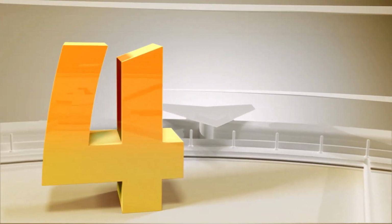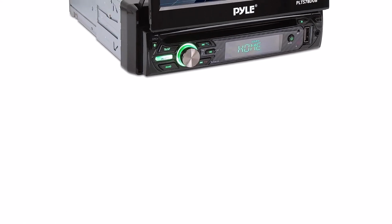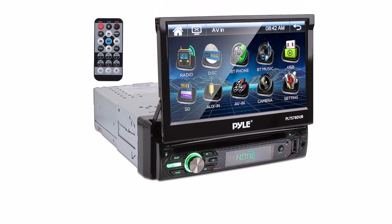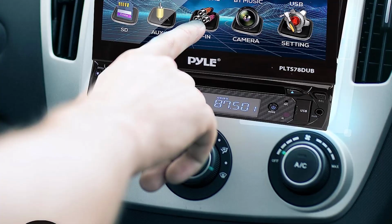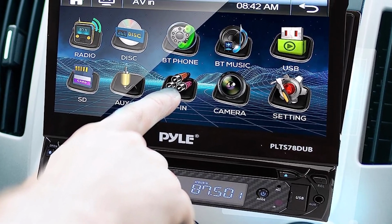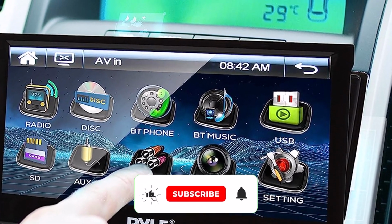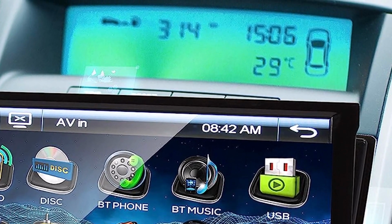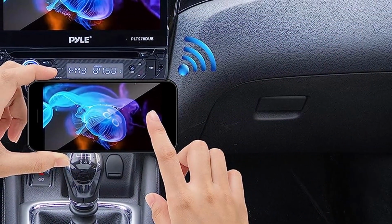Number 4. Pyle In-Dash Car Stereo. Sleek, streamlined, and full of the features you want within reach when you're behind the wheel, the Pyle In-Dash Car Stereo is a fantastic choice. This car audio system is reasonably priced and performs like a top-tier model, offering you a 7.0-inch multicolored LCD touchscreen display. You can use it for AM/FM radio, playing MP3s, or streaming by hooking up devices via the included AUX